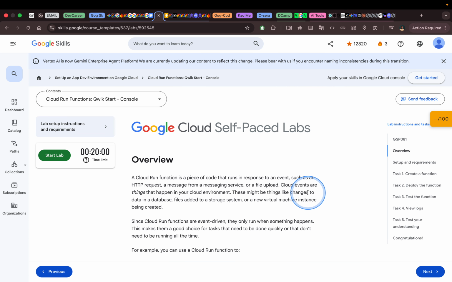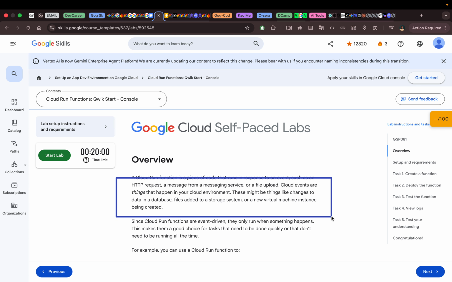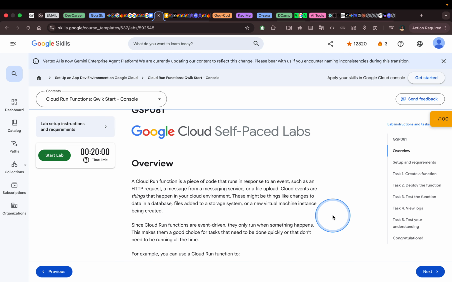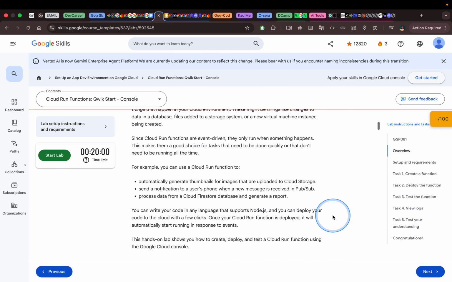So here's the overview. A Cloud Run function is a piece of code that runs in response to an event, such as an HTTP request, a message from a messaging service, or a file upload. Cloud events are things that happen in your cloud environment. This might be things like changes to your data in a database, files added to a storage system, or a new virtual machine instance being created. So since Cloud Run functions are event driven,